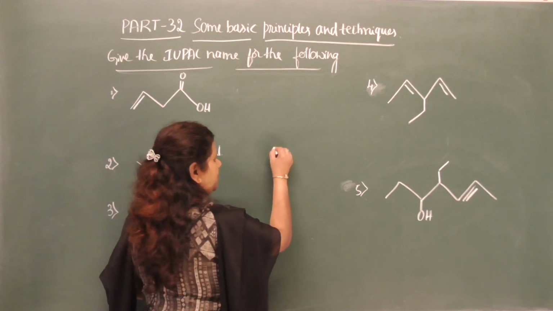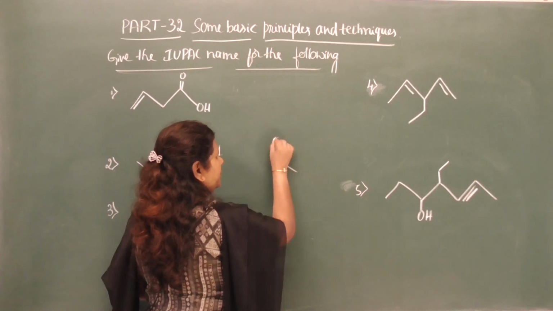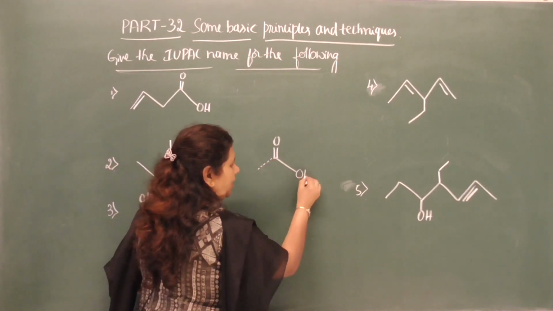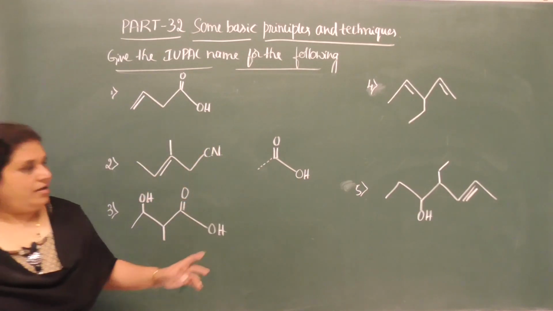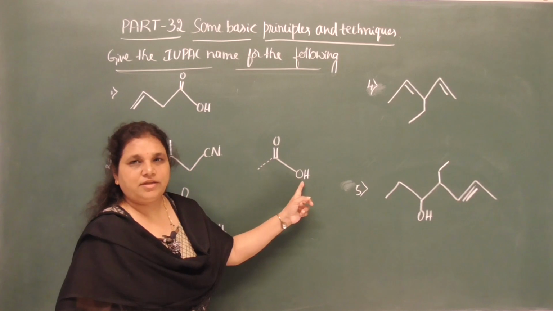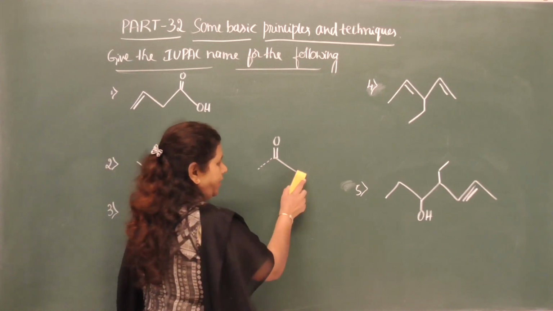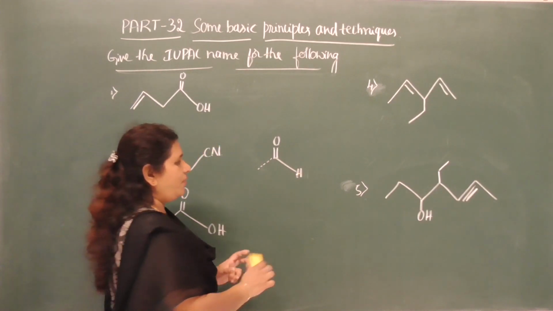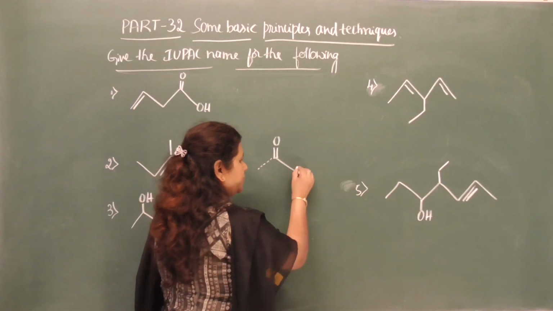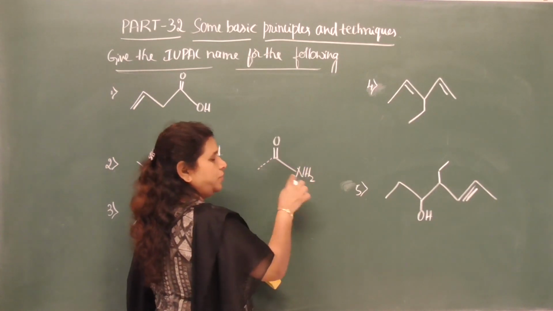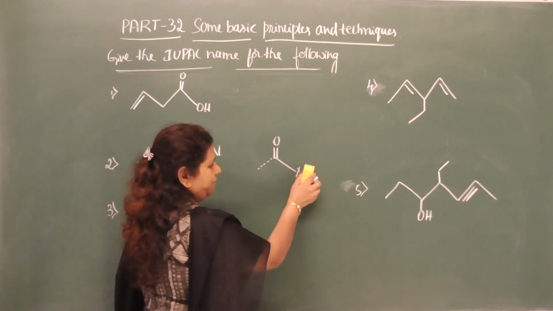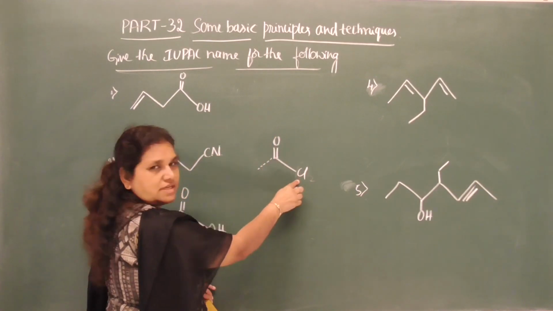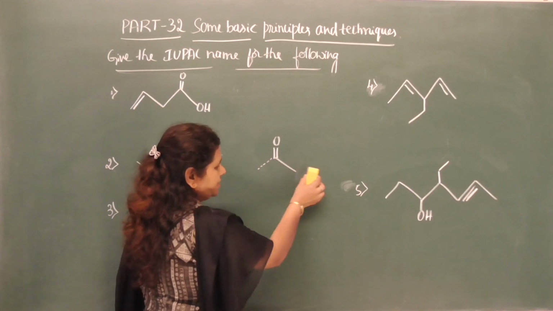So let me give once again. So this is bond line formula. This bond should be attached to the carbon chain, and if it is OH here, C double bond O OH, then it will be carboxylic acid, and if you write hydrogen here, it becomes aldehyde functional group, and if it is NH2, then it will be C double bond O NH2 amide group, and if it is Cl, then it will be acid chloride, C double bond OCl acid chloride, and if it is R here,